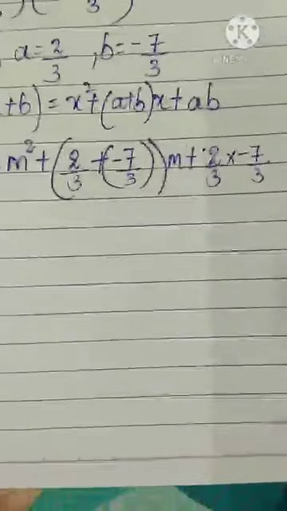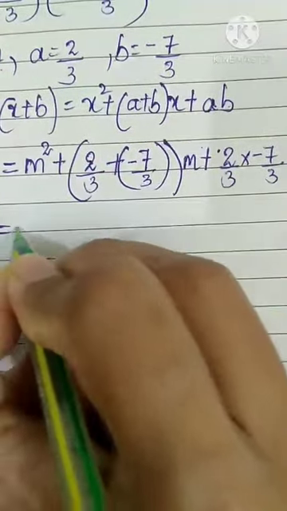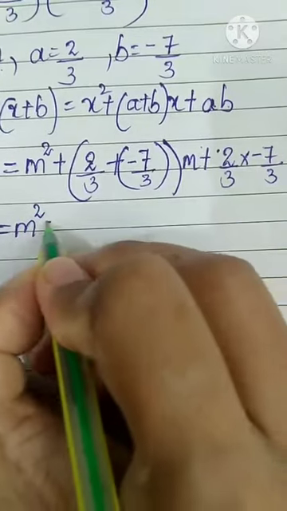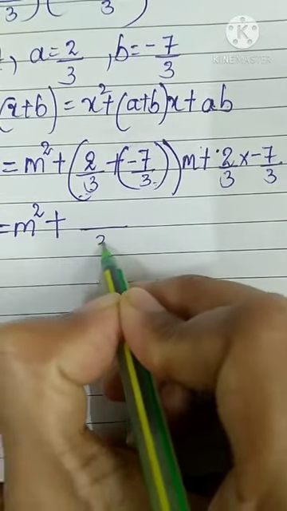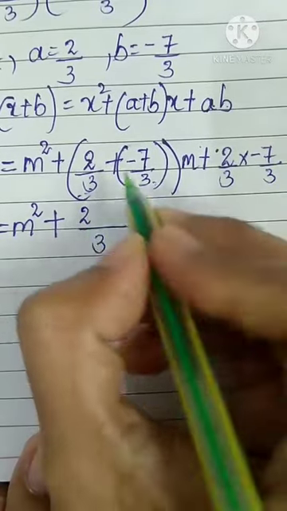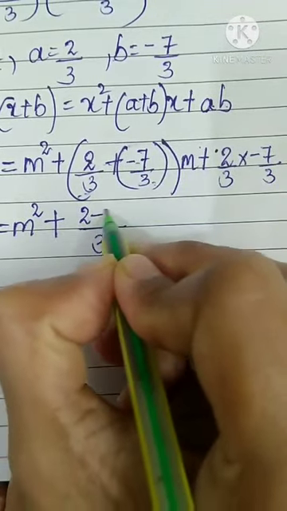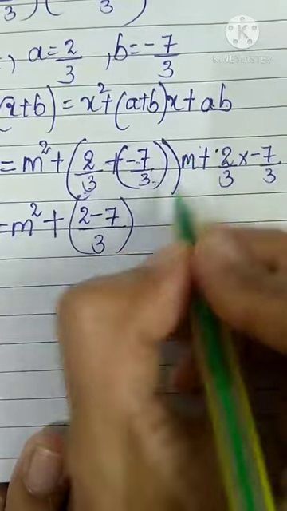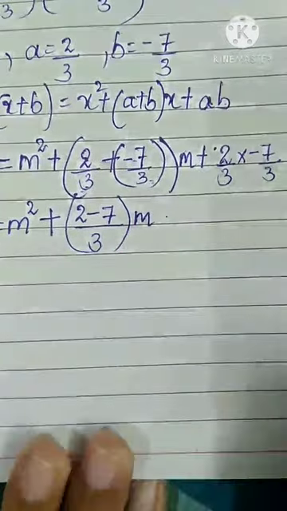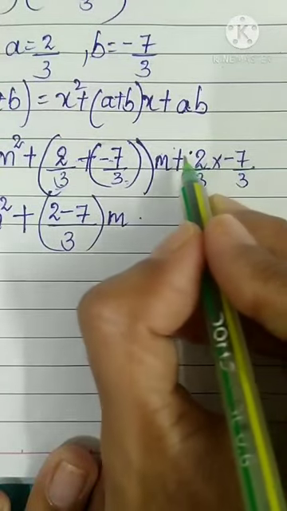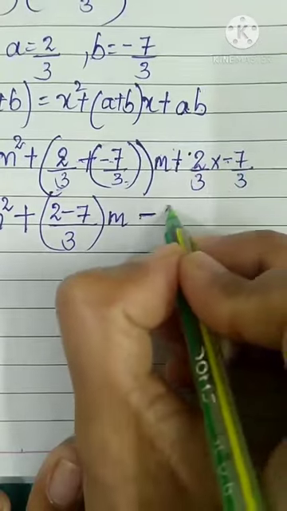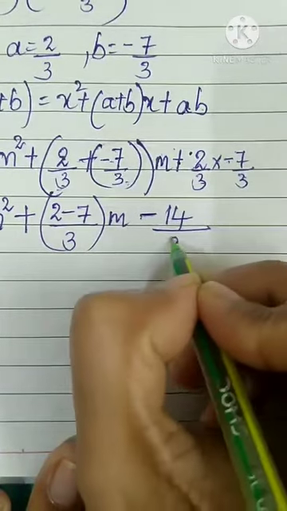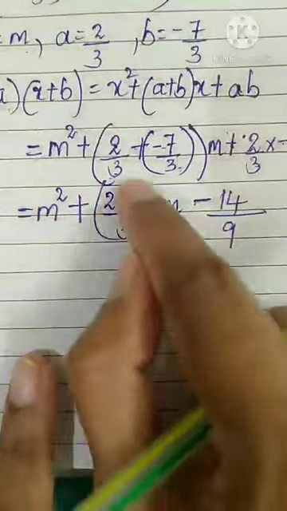Okay. Now let us expand, which is equal to m square plus, this plus we will write, then we will solve the bracket. As you can see, both the denominators are same, so we will put 3 and you have 2 plus into minus minus 7 and we have m. Now the remaining part. Here you see multiply, no? So plus into minus minus multiply. 2 7s are 14, 3 3s are 9. This one we will solve.